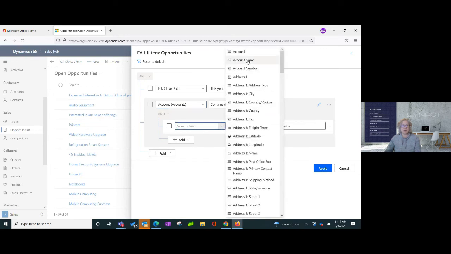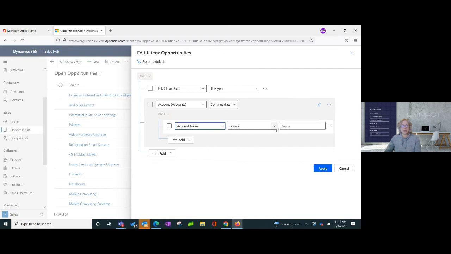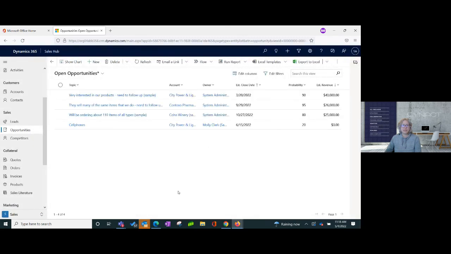And maybe I want, let's say the account name begins with C, right? So what my filter now is telling me, give me all of my opportunities with an estimated close date of this year that has an account where the account name begins with C. And then I can hit apply. And now you'll see all of my opportunities are closing this year. My account names all begin with